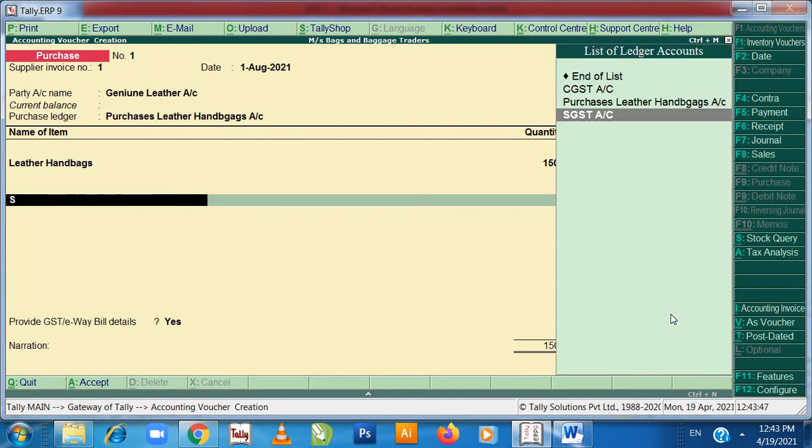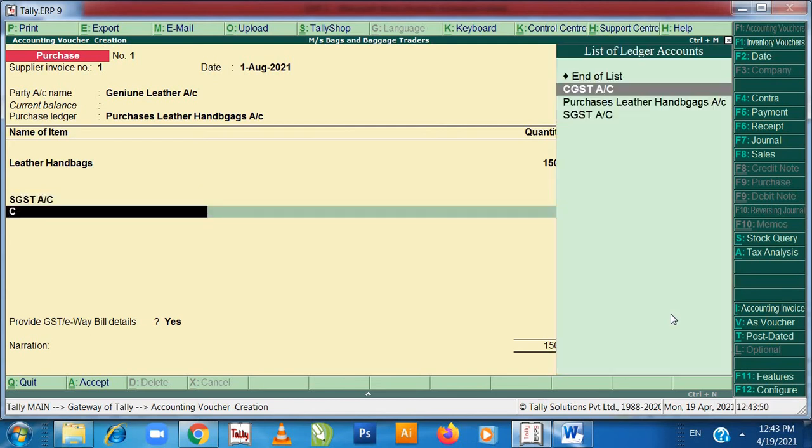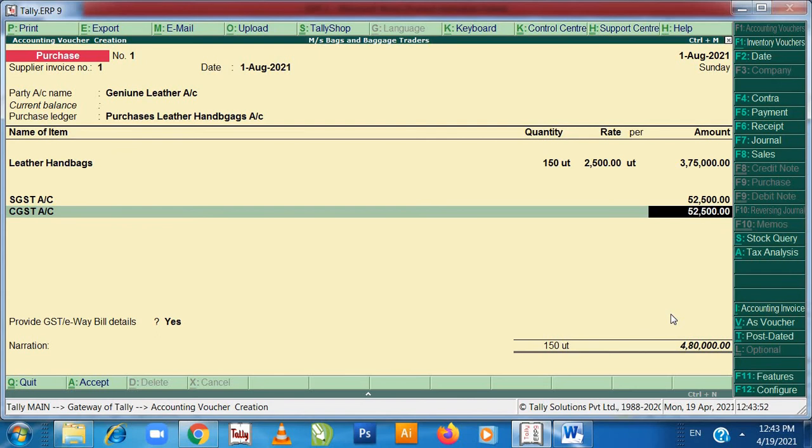First I have to select SGST and then CGST. Automatically the taxation part will get calculated on 150 quantity at 2500. The total is around 3,75,000, and CGST and SGST have been calculated as 52,500 and 52,500.